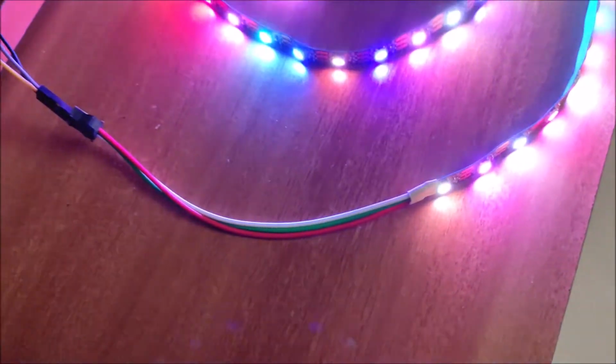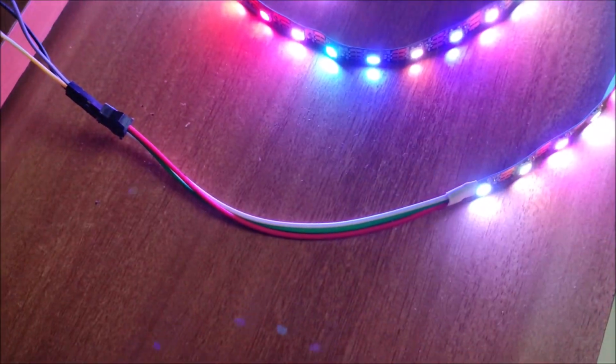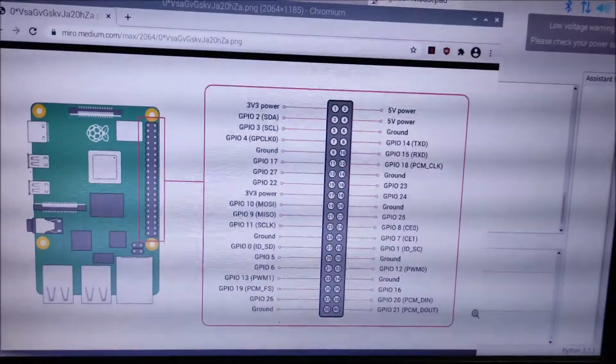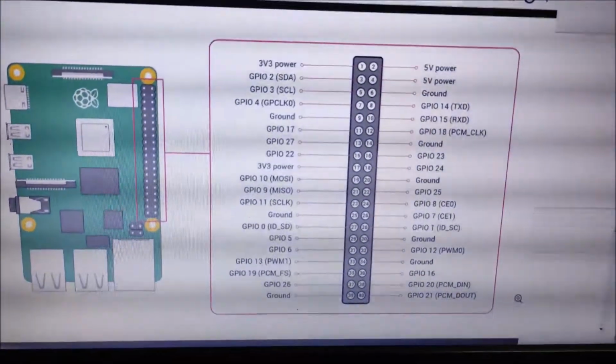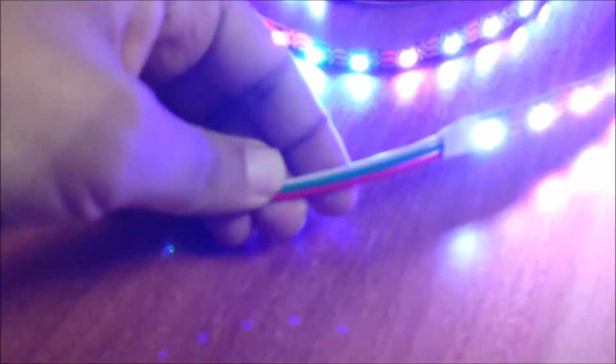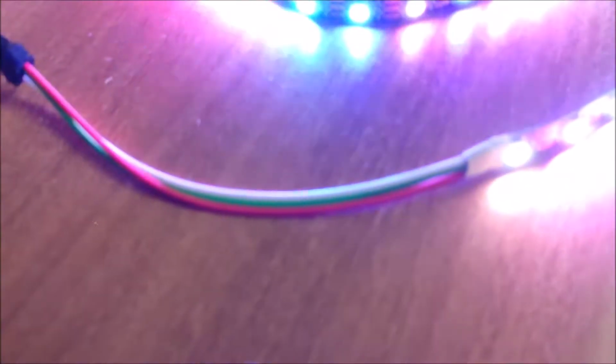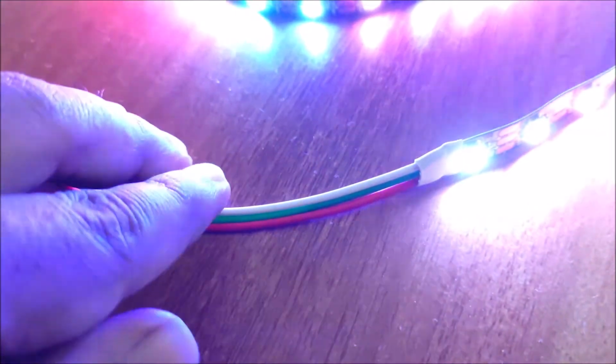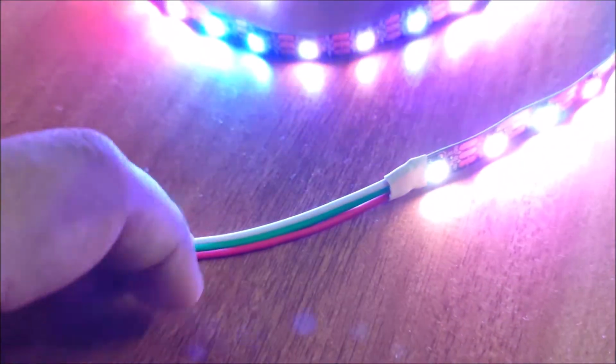Now I am going to show you the pin diagram. Again, friends, these are our Raspberry Pi 4 pins. As I told you, the RGB LED strip has three wires: red, green and white.